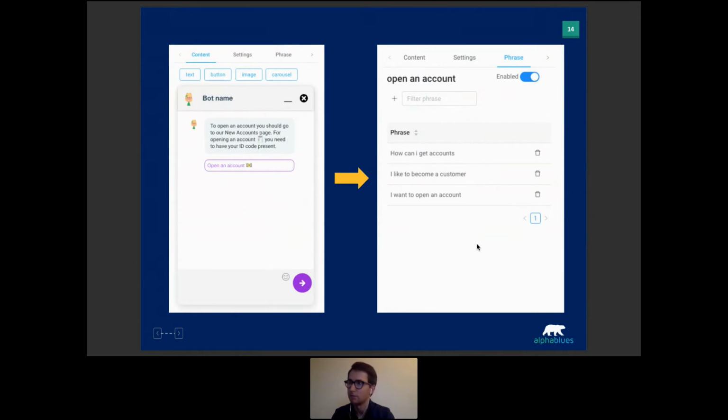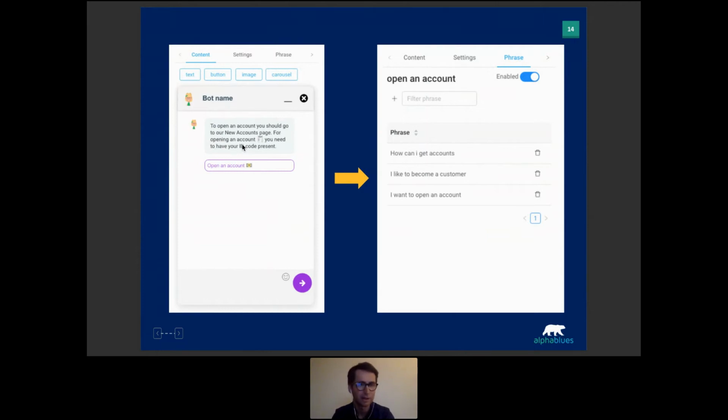If they are, say you train it like a credit card, you put the phrase credit card here, then when people come and say, I want a credit card, you just answer them about opening an account, then you get that wrong, because people don't want to open an account. They want to have a credit card.